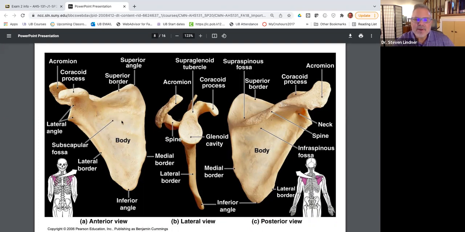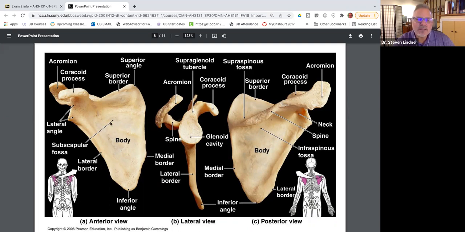And the third and final fossa is on the lateral view, the picture in the middle, where the head of the humerus articulates with, and that's called the glenoid cavity or the glenoid fossa. Now, these three fossas, the supraspinous,